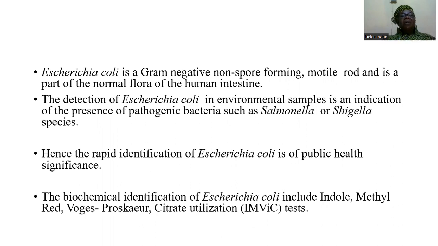Escherichia coli, hence called E. coli, is a gram-negative non-spore-forming motile rod, and it forms part of the normal flora of the human intestine. When introduced outside the human intestine, for example, the urinary tract, it can cause severe infections and it requires